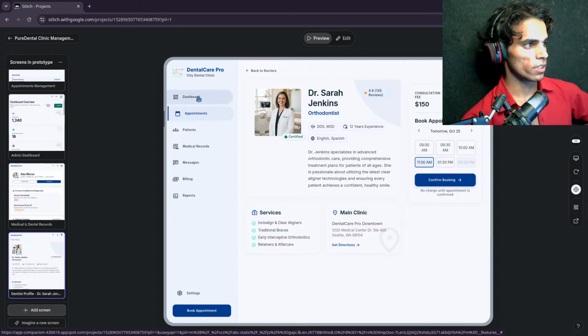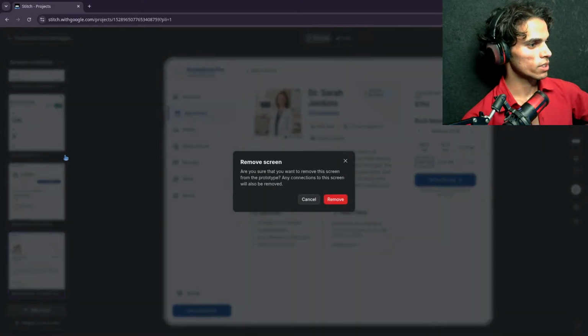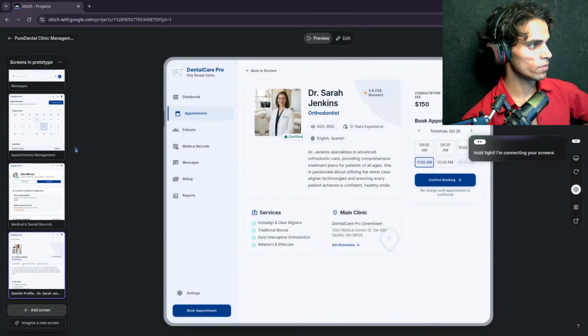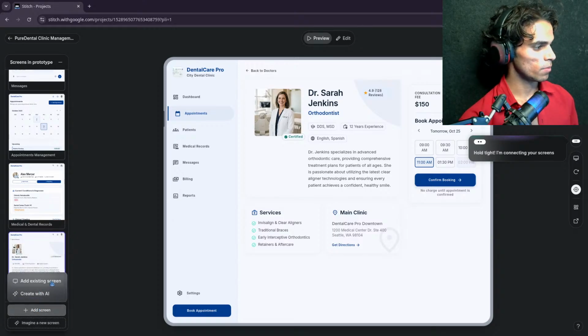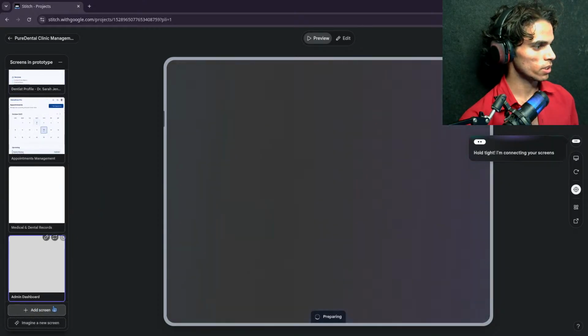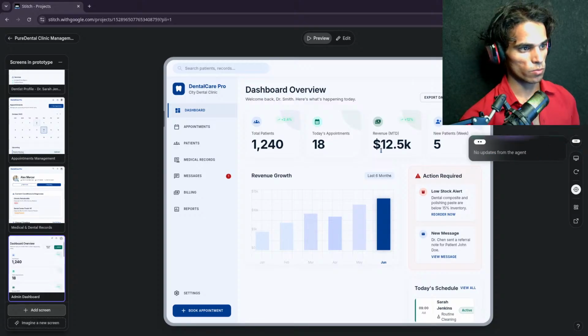Okay, why can't I open the dashboard? Because we have two dashboards, that's why. So let's cut this, remove screen. Now if I try to open, same problem again. Hold that, I'm connecting your screens. So I have to add the admin dashboard again. And no updates from the agent.